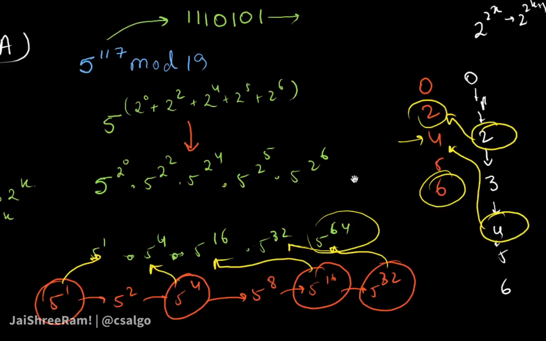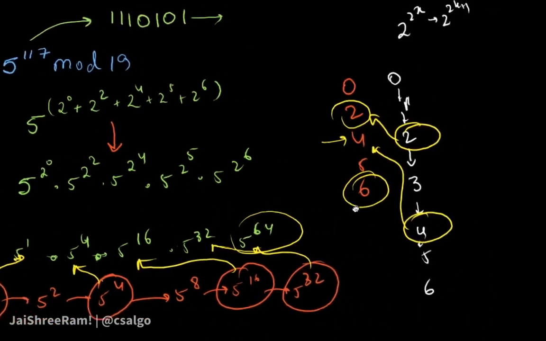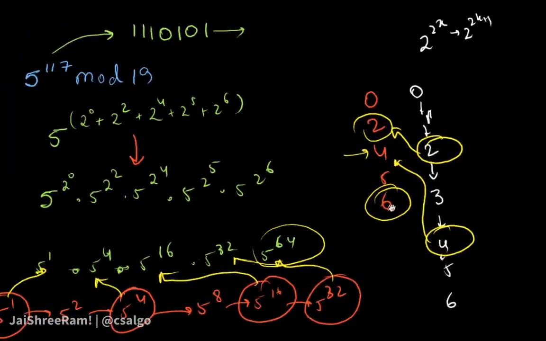Now why are we doing so much of a complex thing over here? Okay, why are we doing this? If you pay some attention to this, how many terms can be there? Let me ask it in this way: 5 to the power 2 to the power some k, what is the largest k value that it can take, that you will need for any particular b? So suppose you are calculating